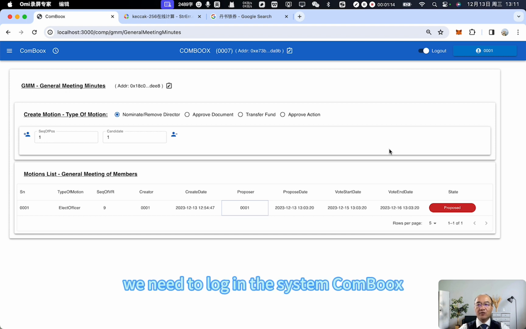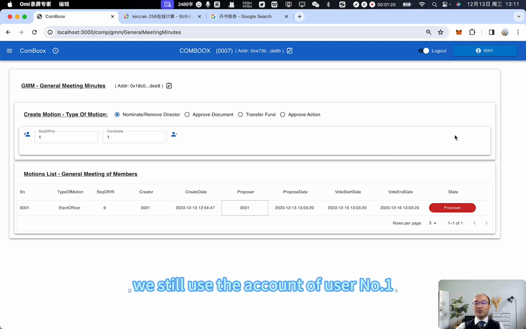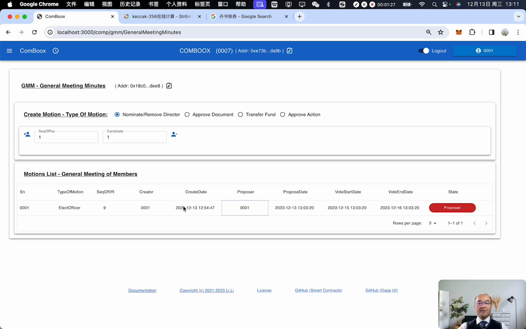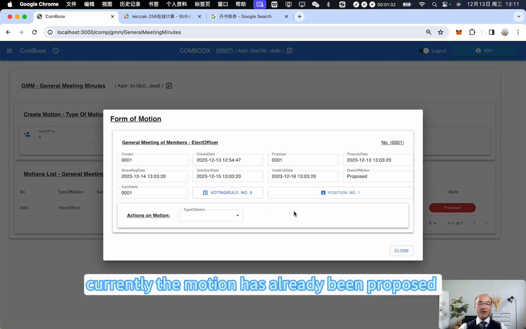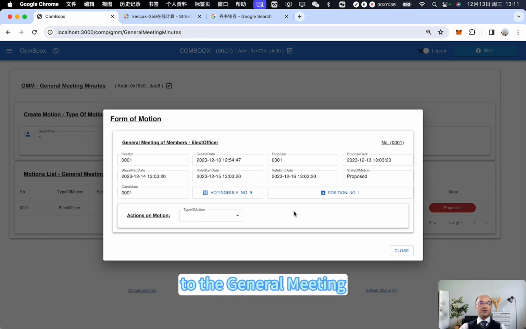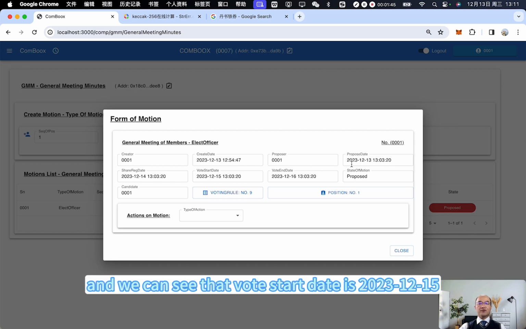Therefore, we need to log in to the ComBoox system with different accounts. First, we still use the account of user number 1, and we click this line to see the current state of the motion. Currently, the motion has already been proposed to the general meeting, and this is the timeline for this voting process. And we can see that the vote start date is